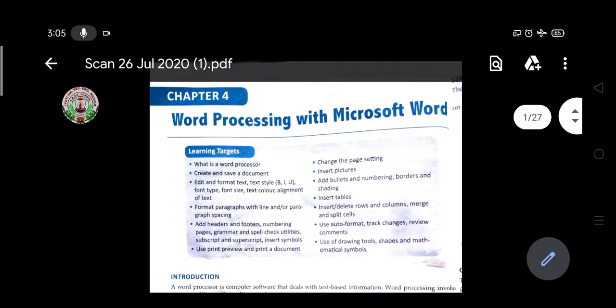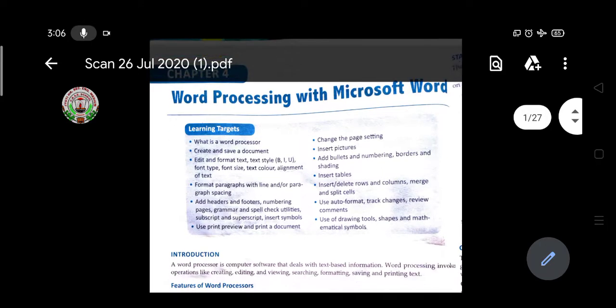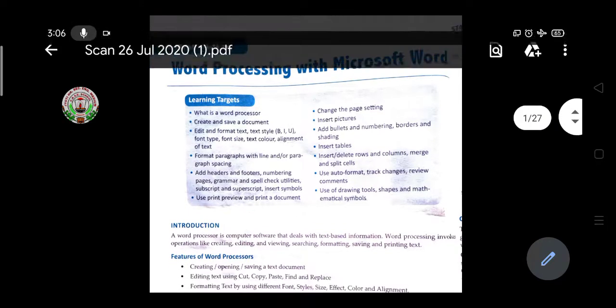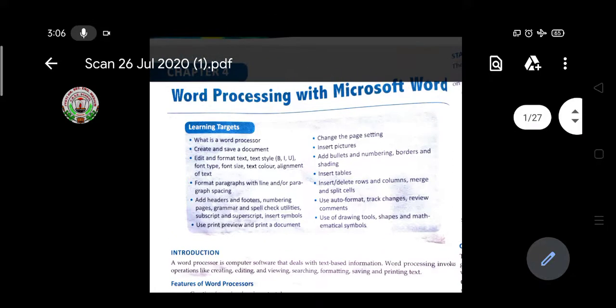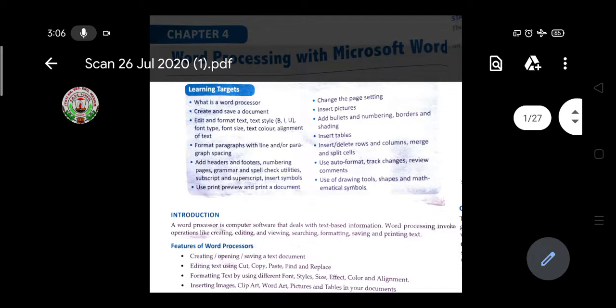So students, today we'll start the new chapter, word processing with Microsoft Word. It is the part of Microsoft Office where we write and edit documents. If you want to write a document, you are able to write it with the help of this word processing. And the learning targets are: what a word processor is, how to create and how to save a document,